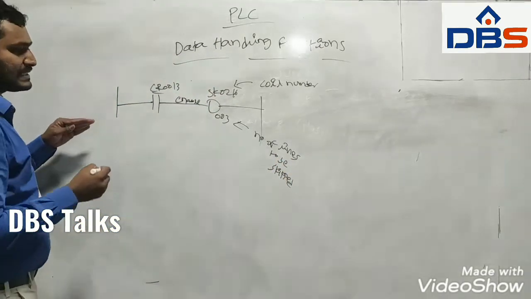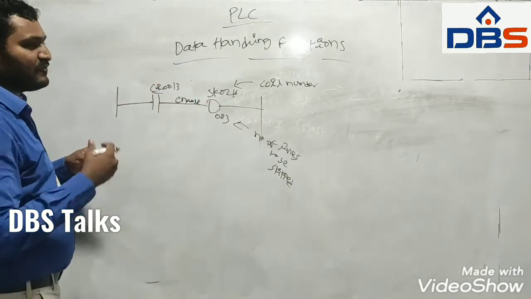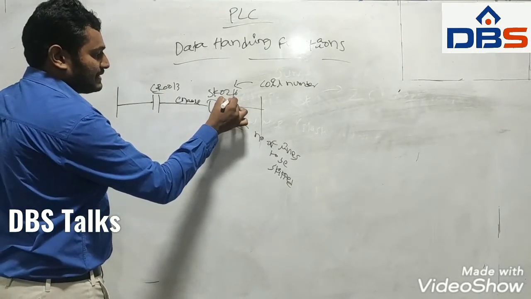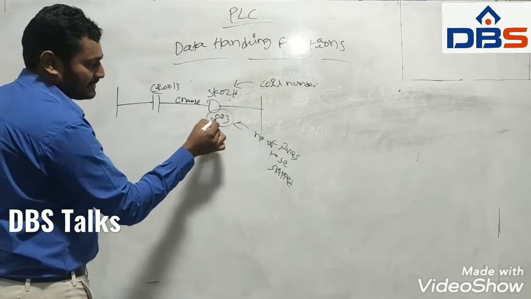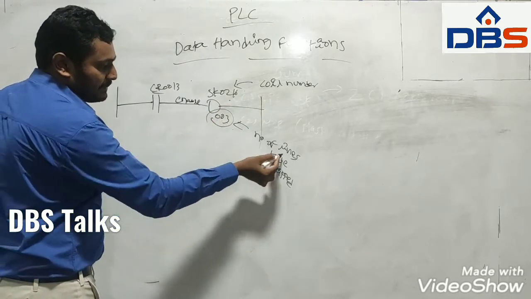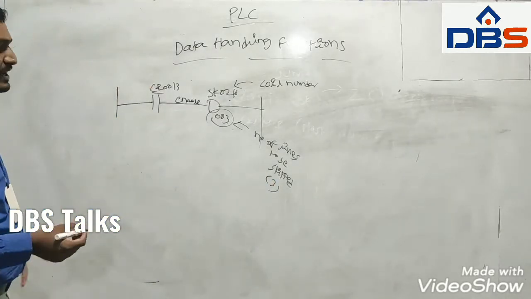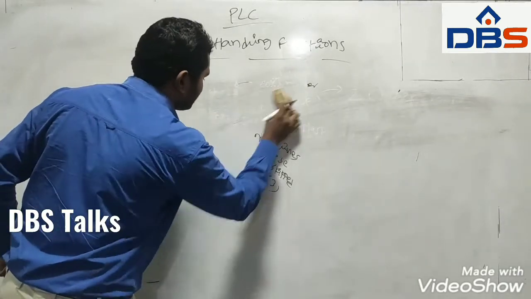The skip function allows us to skip or bypass a number of lines in the program. That means if the coil SK0216 is on, and here I am considering 003, then the number of lines to be skipped is 3 lines. To illustrate this function we take one basic application of the skip function,